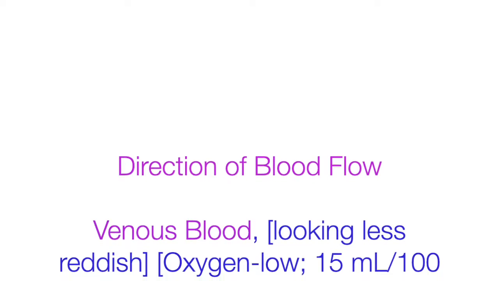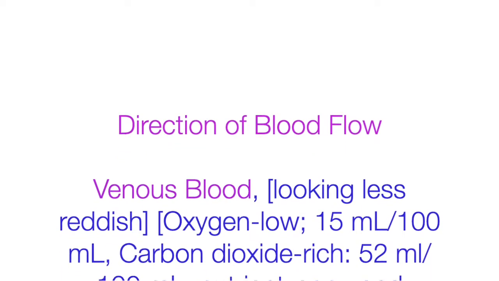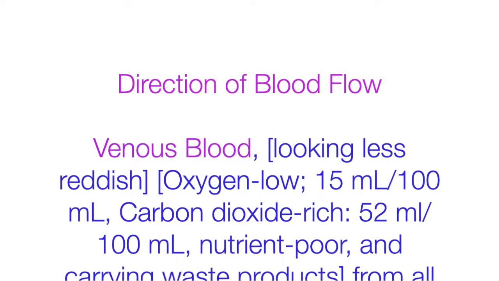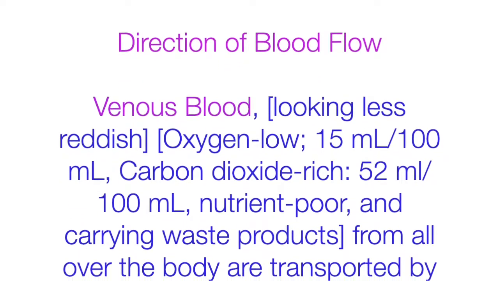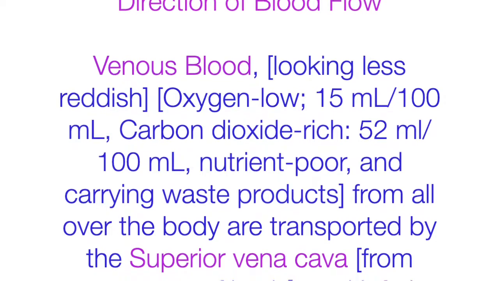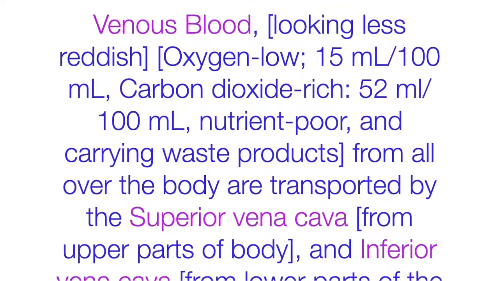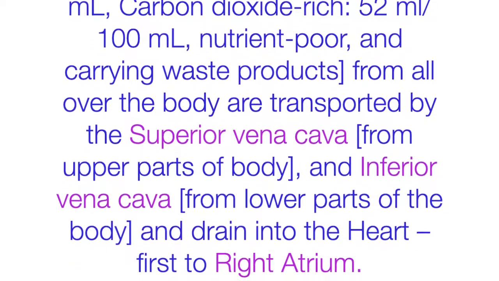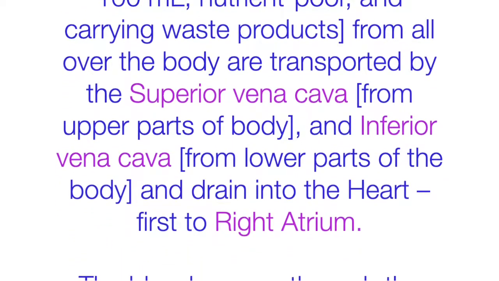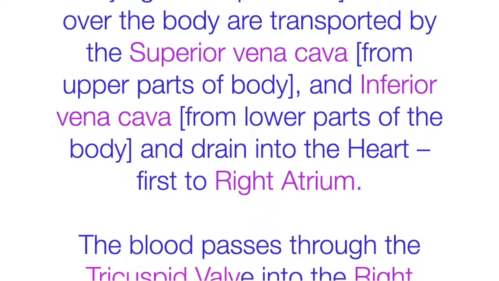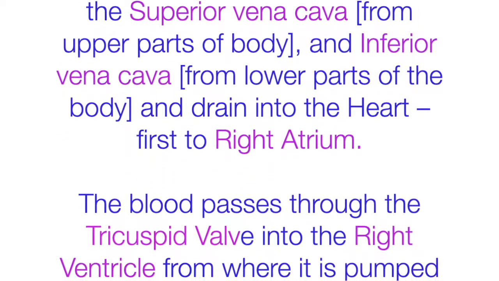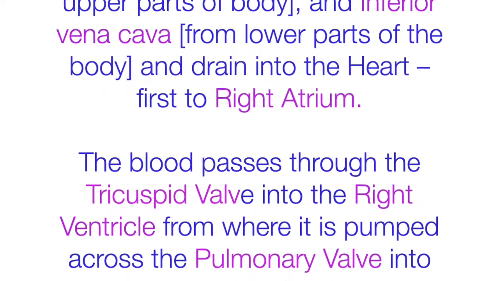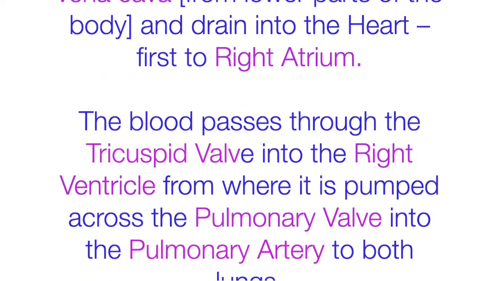Direction of blood flow. Venous blood, looking less reddish, oxygen low, that is containing about 15 ml per 100 ml, carbon dioxide rich, that is 52 ml per 100 ml, nutrient poor, and carrying waste products from all over the body, is transported by the superior vena cava, that is from the upper parts of the body, and the inferior vena cava from the lower parts of the body, and both drain into the heart, first to a chamber known as